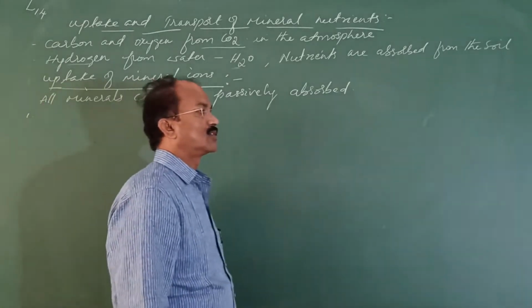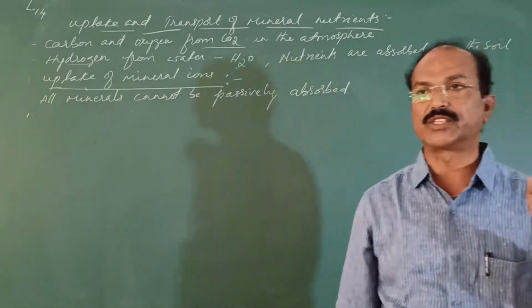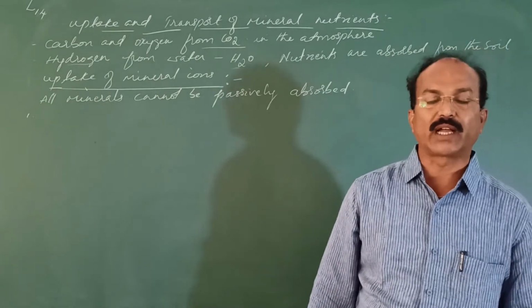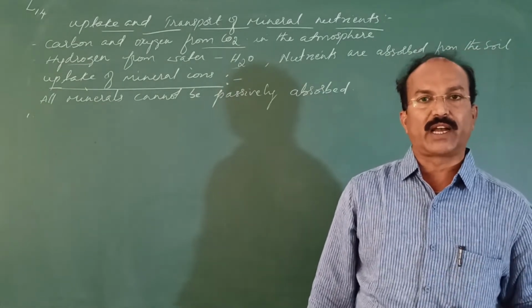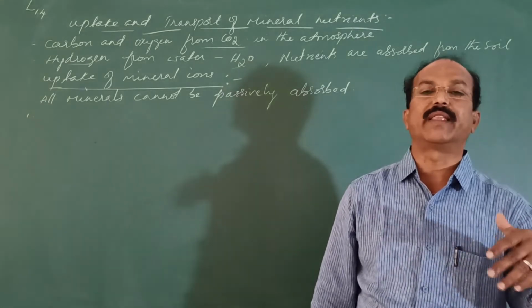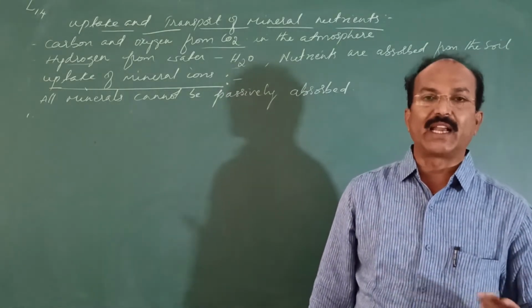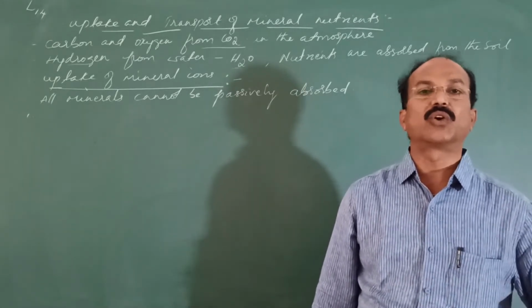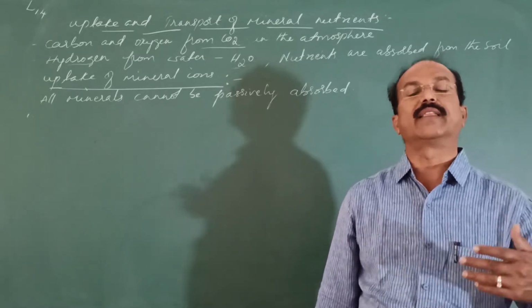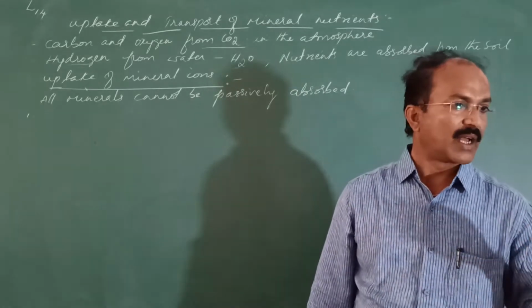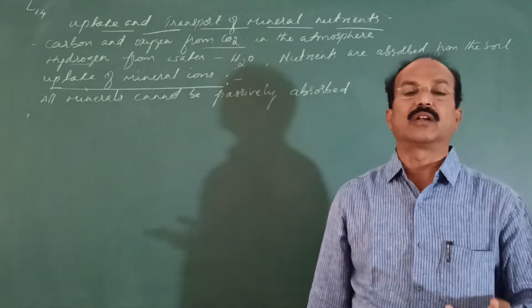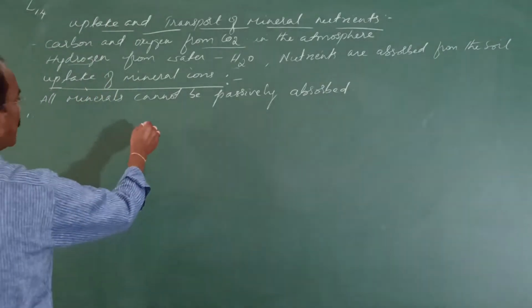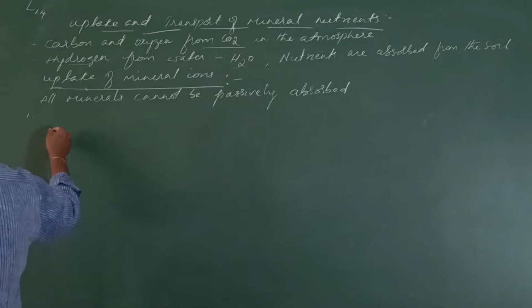These mineral ions are present in the form of charged particles. Charge means what? Some of the ions have the negative charge and some ions have positive charge. Understand? So potassium, calcium, magnesium have the positive charge. Chloride ions have the negative charge. And some nitrates also have the negative charges. So like this, negatively or positively charged particles are present in the soil, you know.